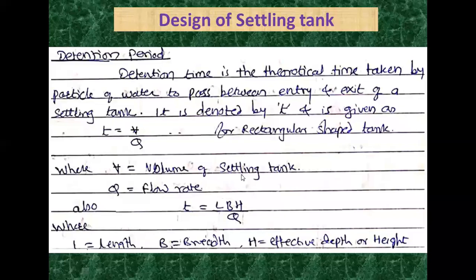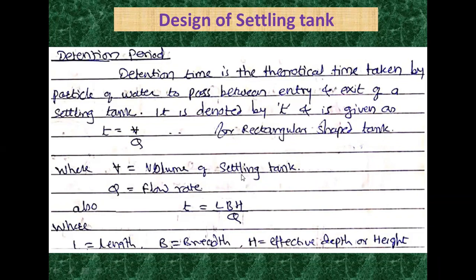So today we will see the design of settling tank. Okay. So far we have seen two types of problems. First type was about finding the settling velocity Vs, right? And the second type was about finding the efficiency of settling. And in today's lecture, we will see the design of settling and problems based upon this. Design of a settling tank or sedimentation tank, right? The theory of this and problems based upon this we will see in today's lecture.